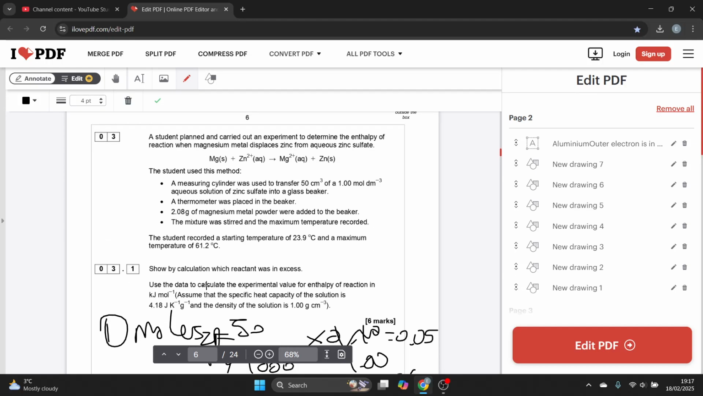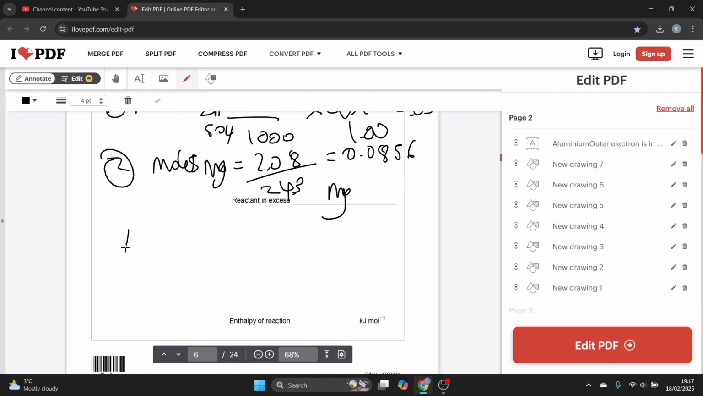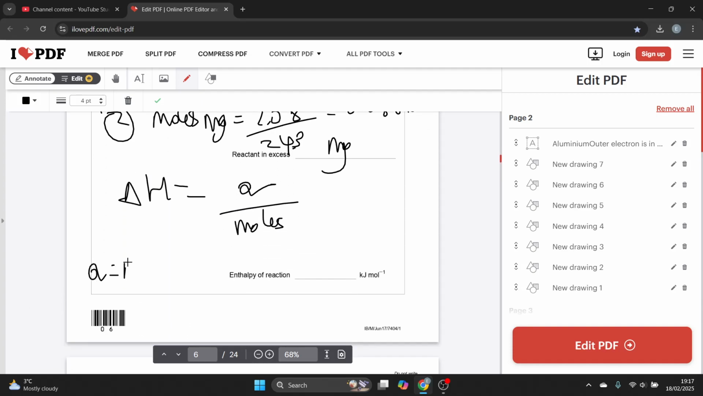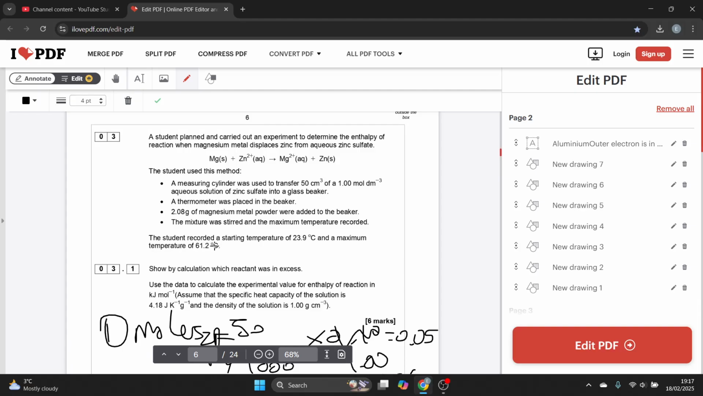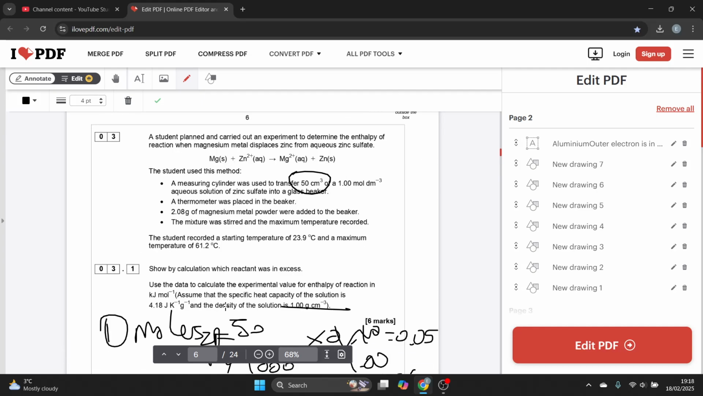Zn zinc sulfate, ZnSO4. Then use the data to calculate the experimental value for enthalpy of reaction. Well, delta H is Q divided by number of moles, and Q equals mc delta T, where m is the mass of water. Mass of water, well, I've got 50 cm cubed of that. So the mass of water, 1 gram per cm cubed, is going to be 50, times 4.18, times the temperature change, which is that minus that,